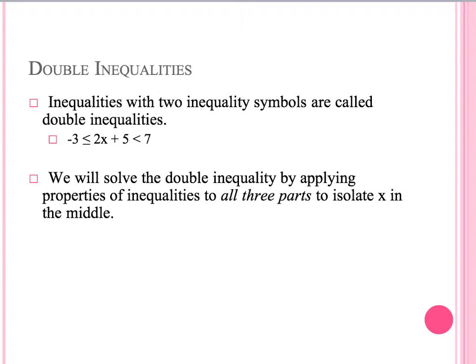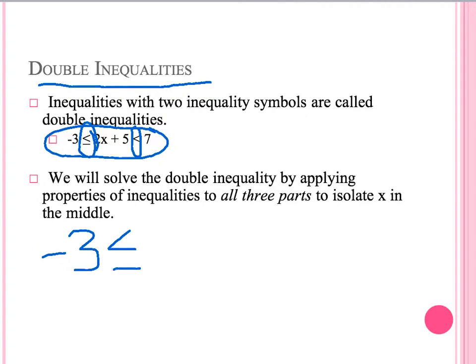The last inequality we're going to talk about is the double inequality. The double inequality looks like the following example. It gets its name by having two inequality symbols inside the inequality. To solve this, we are going to break it into two separate inequalities. We are going to look at the first one